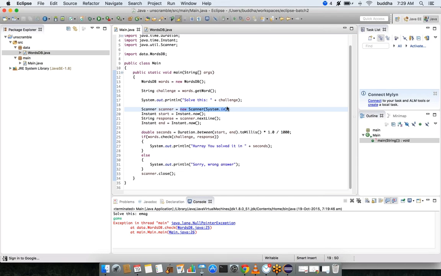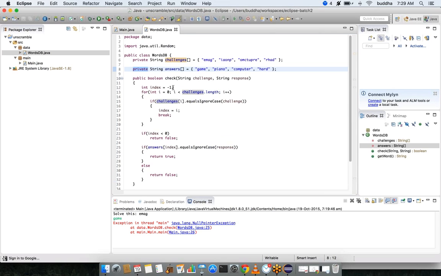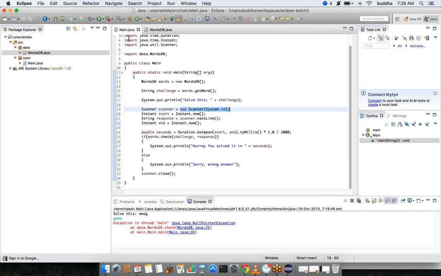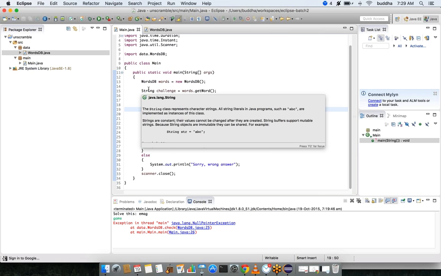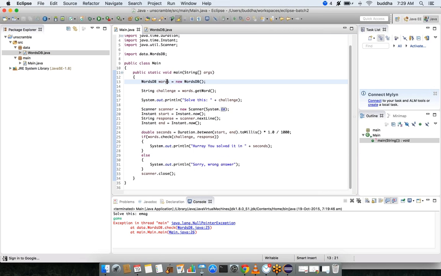Yes, you can use the same variable name in other classes also. Like you have said, Scanner scanner equals new Scanner, yes, you can create that. But in this case, the already allocated memory in the main class will not be used. A variable that is created inside a method is only valid until the end of that method.